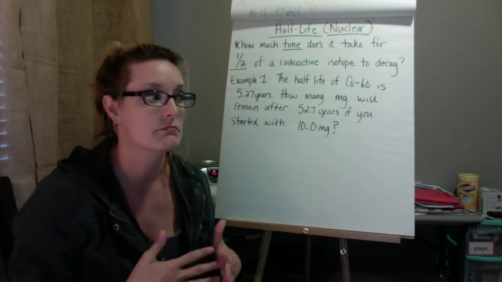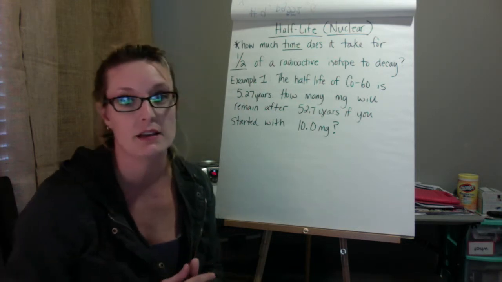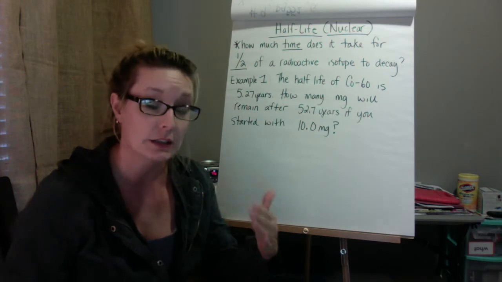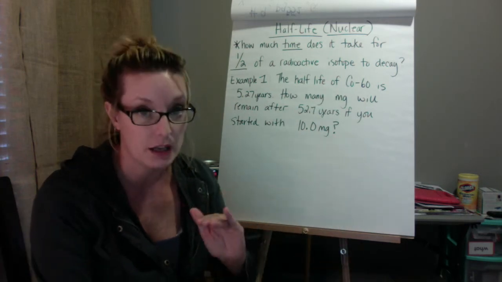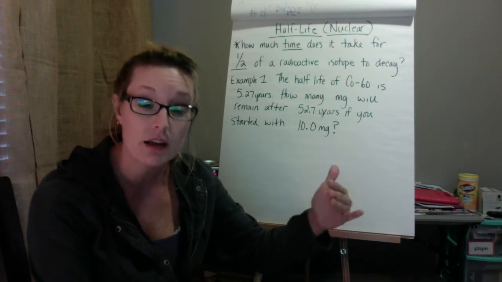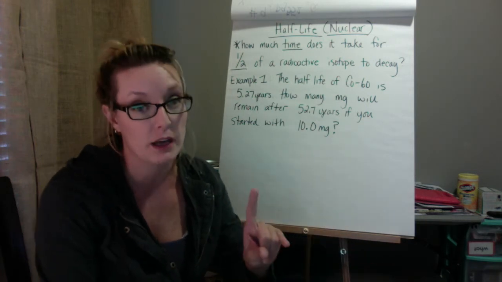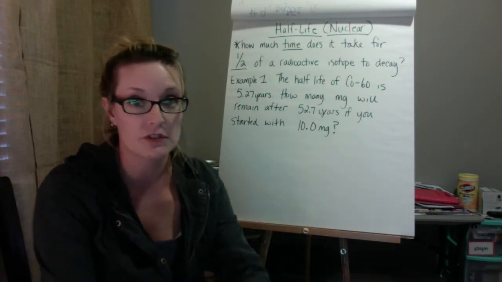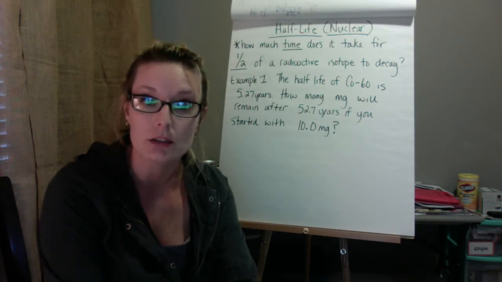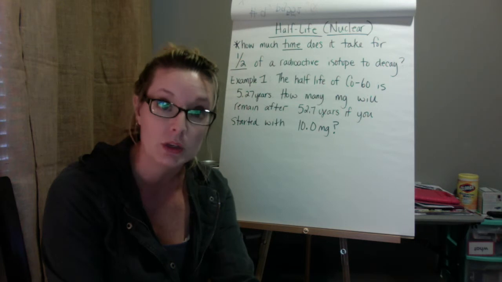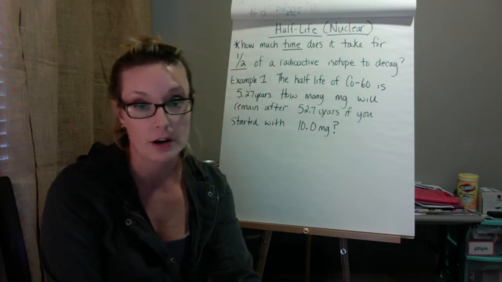Sometimes it takes days for one of them to decay. Sometimes it takes, literally, I'm not kidding you, 4 billion years for a sample of uranium to decay. So all of the uranium that God gave us is still here, right? We have not exceeded 4 billion years on Earth.